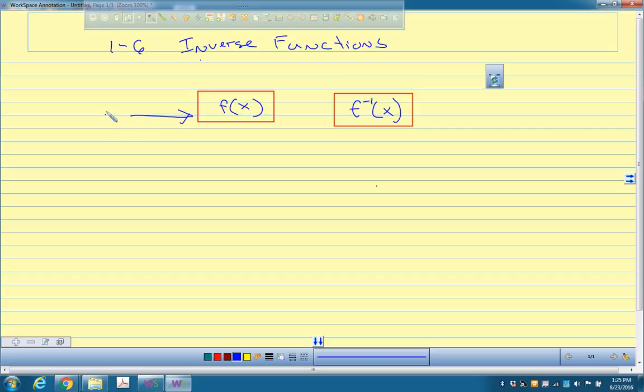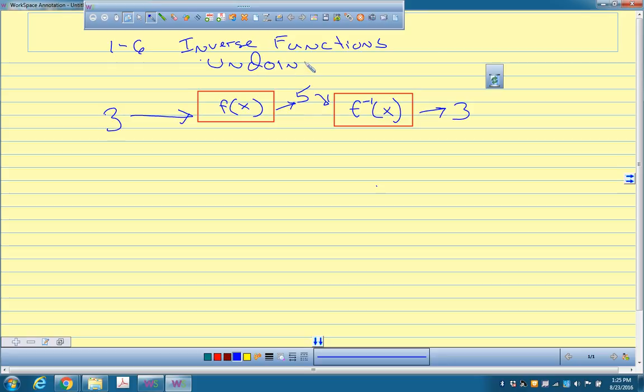I take 3, plug it in here. I get out 5. I take 5. Plug it in here, I get out 3. So an inverse function is basically an undoing function. Okay,